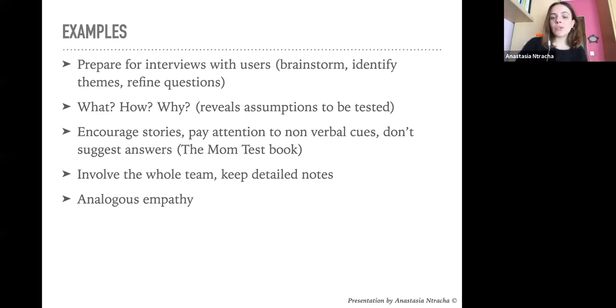And a good way to organize your notes during these interviews is using the what, how, why. So what does your user say? This is just stating plainly the fact, what he said. How has this experience made your user feel? So for instance, for us, when we were talking about parents,